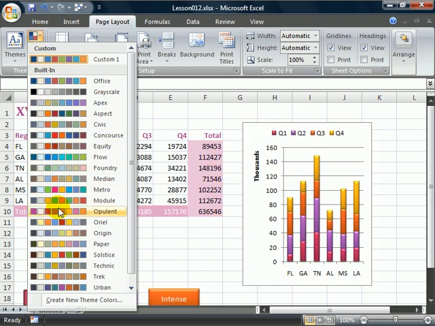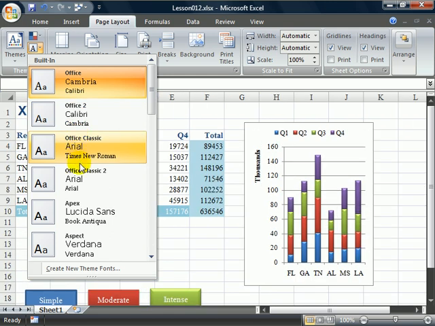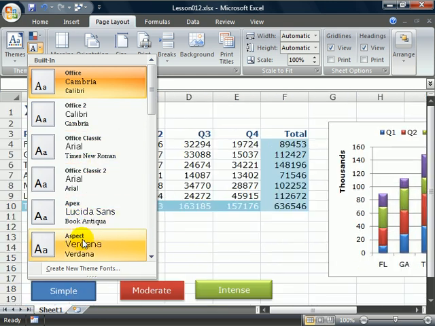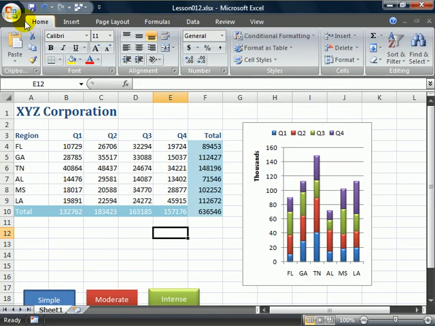Now, I'll point out that in the themes group, there are drop-downs where you can choose just the colors or the fonts. And basically, again, the fonts are controlling 2 fonts, one for titles and one for body copy. And then